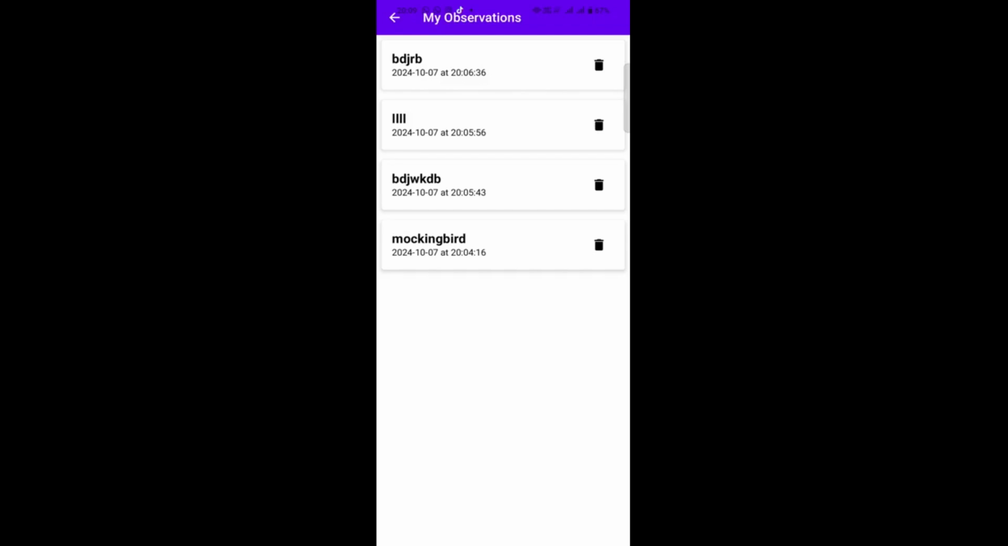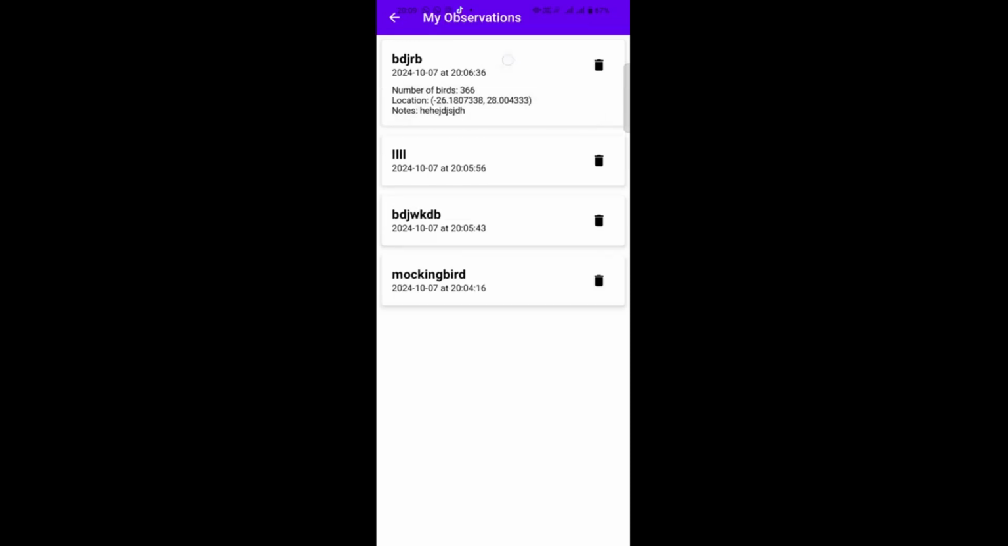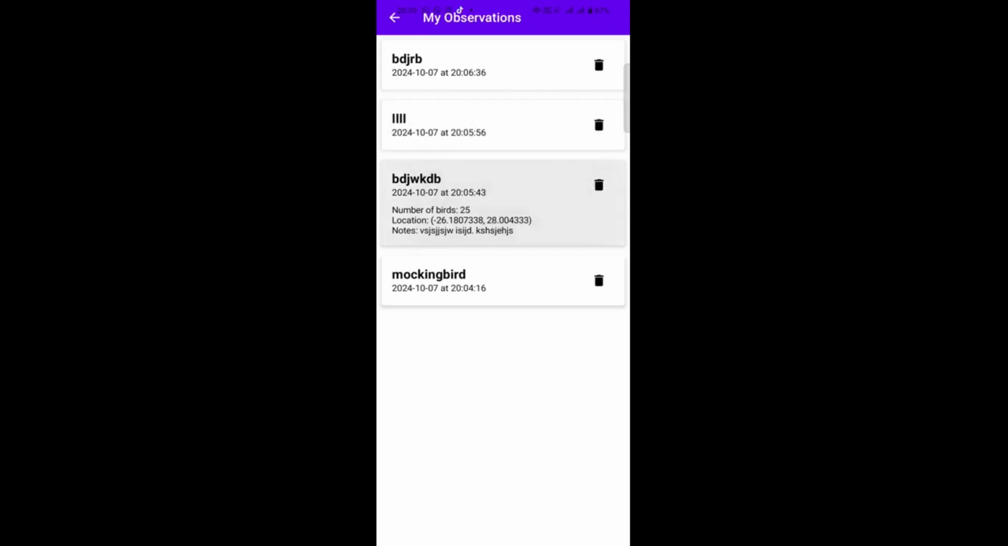So as you can see, my observations is recorded. This data is pulled from the Firebase database. And when you tap on to the observation, you now see the details: date and time, number of birds, the location, and the notes that come with it. Name of the bird, date, time, location, same thing. You could also delete